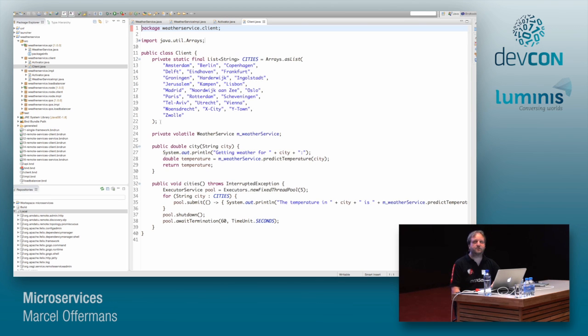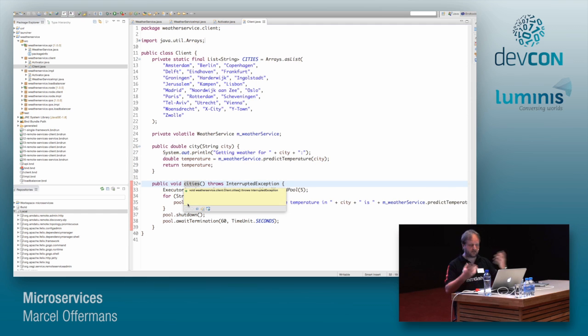And that's actually, for this demo, going to be a shell command, because that's easy to just play around with. OSGi comes with a shell, and you can create new commands for it. So we actually create a command, a city, and we can provide it with the name of a city, and it will invoke the weather service and print the result. And we also, and that's probably going to help us a little bit later on, have a command that asks the weather for a whole bunch of cities.